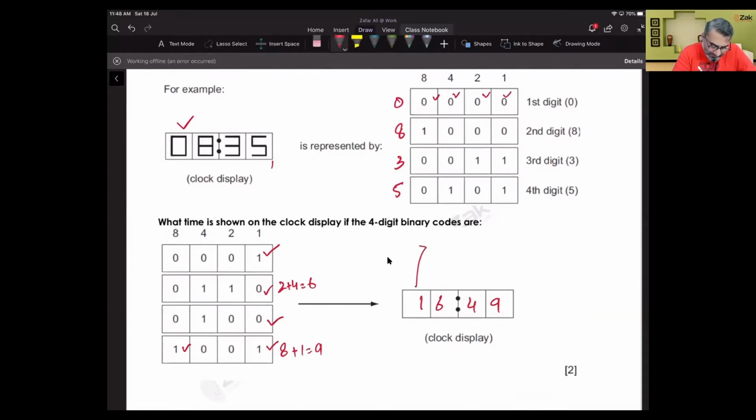So one digit is being controlled by 4 bits. One digit is being controlled by 4 bits. Get the idea? That is how the clock is being displayed. Now,